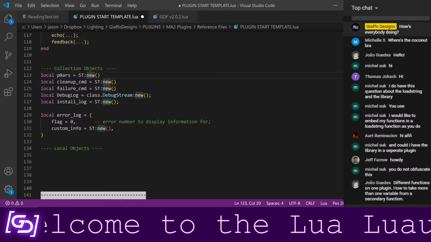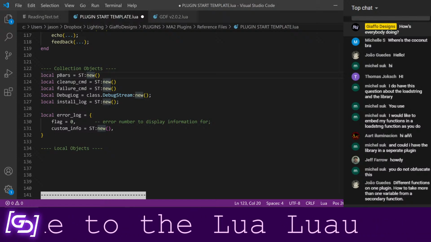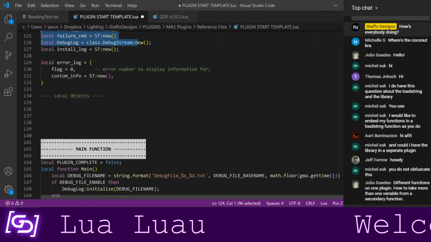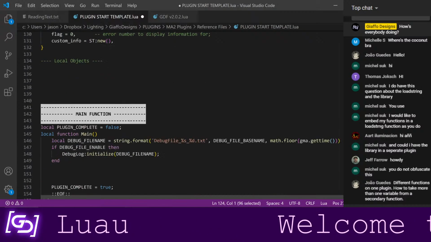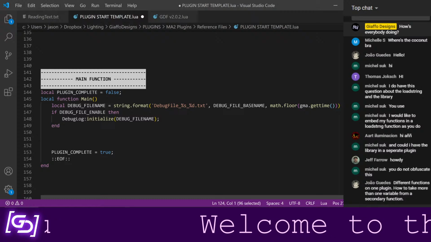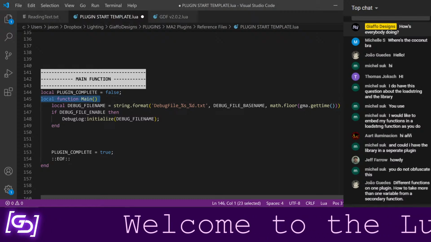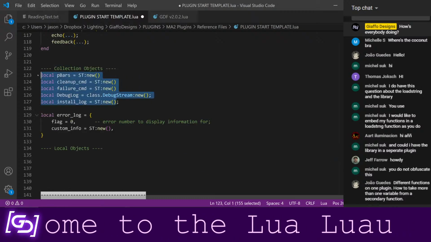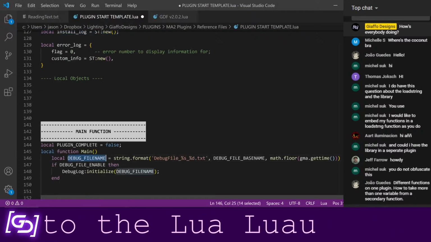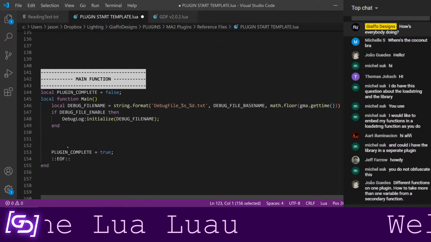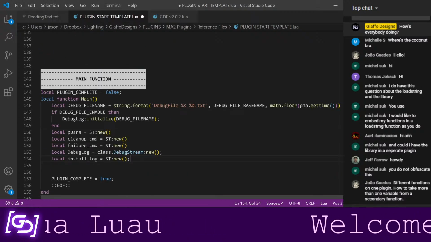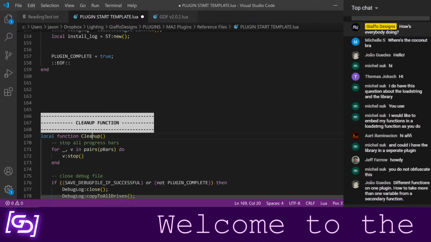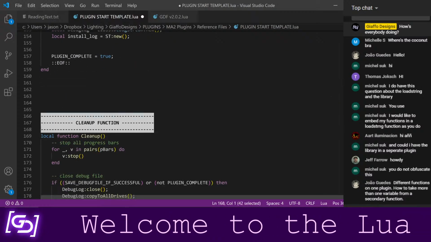Anyways, bringing it back. The collection objects are declared outside of your main function so that as you are building your plugin, you can add things to them. And whenever this function ends, whether on purpose or not, the cleanup function still has access to everything that was in these because it was declared outside of this. If I was to declare all these in here, they only live as long as this function lives. As soon as this ends, nothing outside of it has access to it, which means cleanup can't access anything in it.